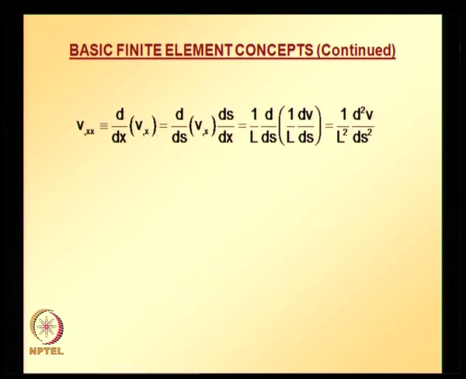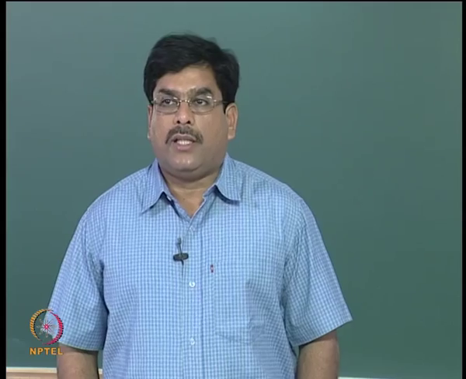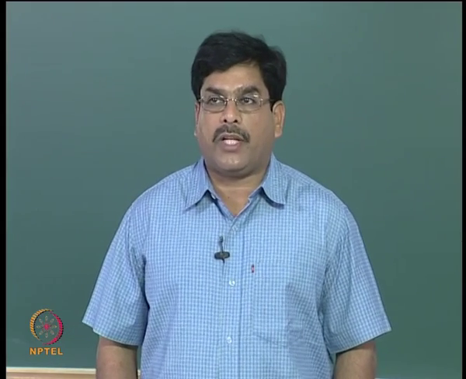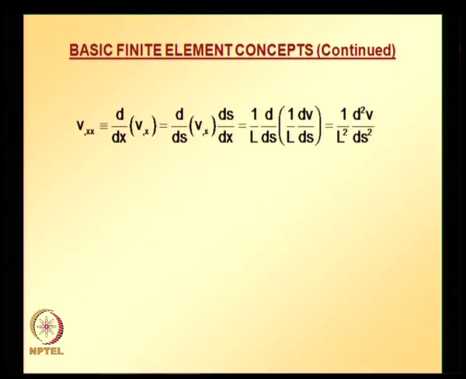Using the chain rule in a similar fashion as in the previous equation, we finally get the second derivative as 1 over L square d square V over ds square. Now substituting V, which is N transpose D, and noting that the nodal values V1 theta 1, V2 theta 2 are constant when taking the derivative with respect to S, taking the second derivative of the shape functions, we get this